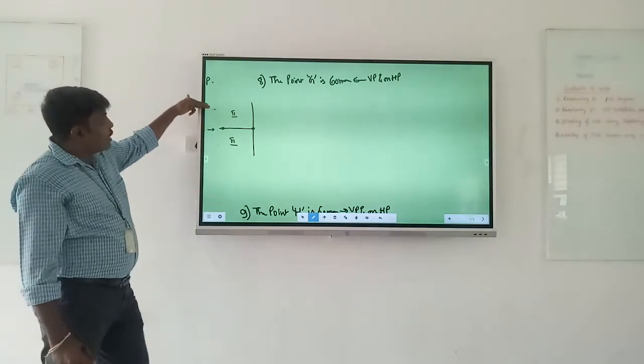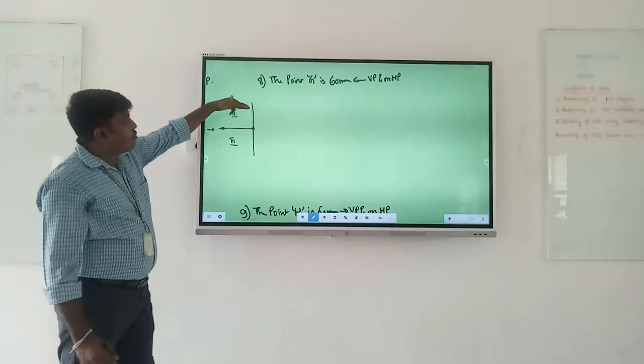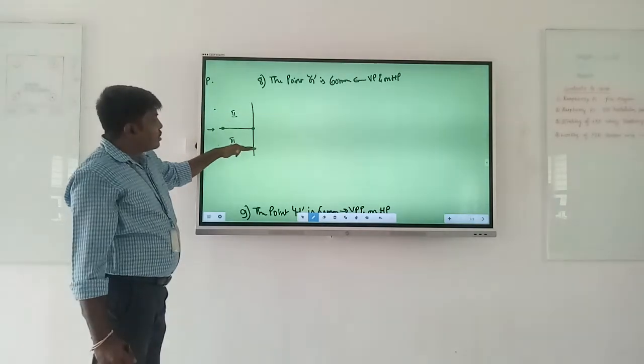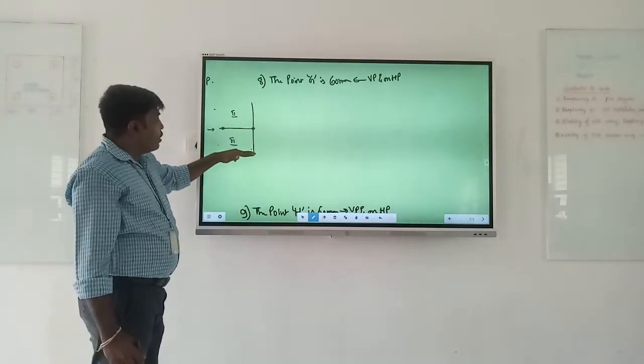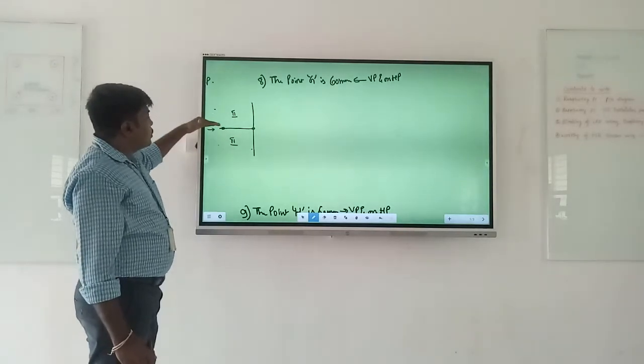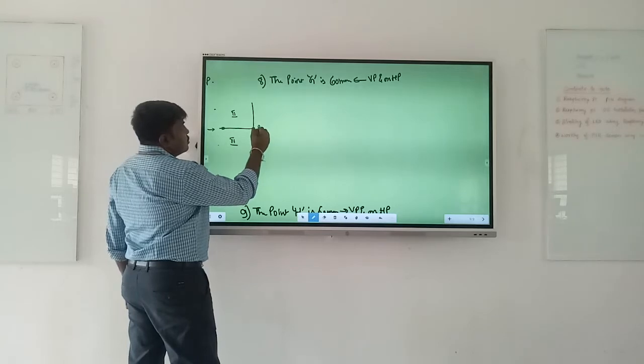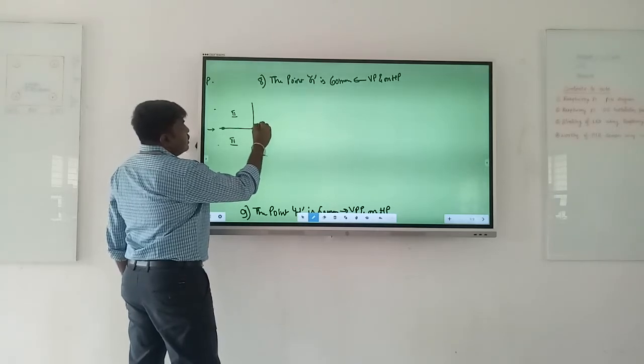If it is above, I would have torched the light from front and got a vertical plane over here. If it is below, when I torch the light, I would have got it on this vertical plane over here. But now it is neither above nor below, it is on. When I torch the light from front, I get it on the origin. So this is G dash.